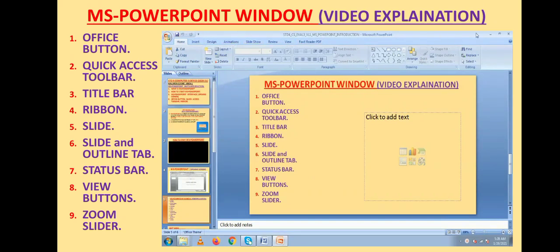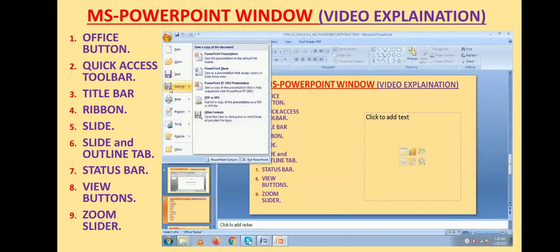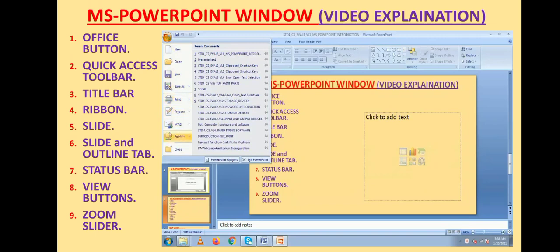As you can see, one presentation is open in the window. On the left hand side top corner, you have Office button. If you click on this Office button, various options like File, New, Save, etc. will get open.